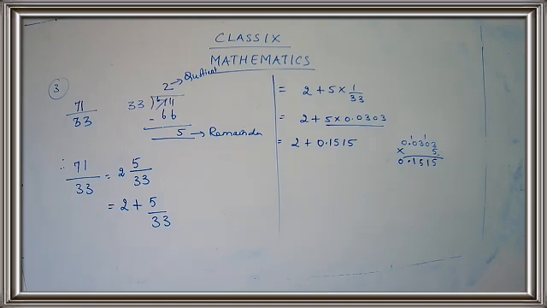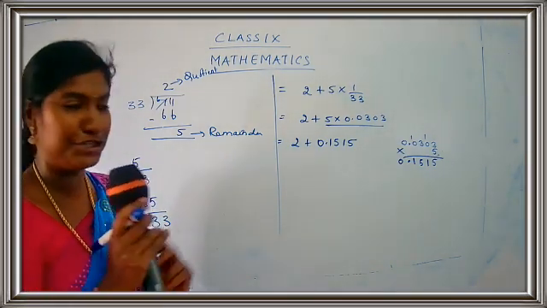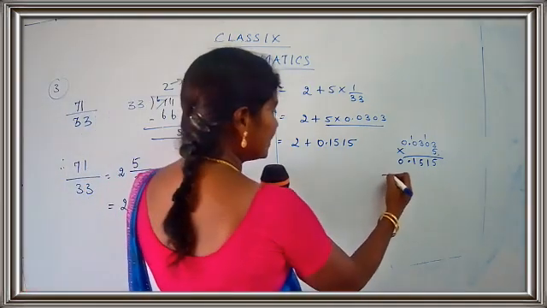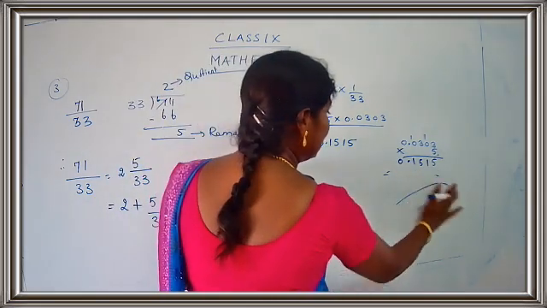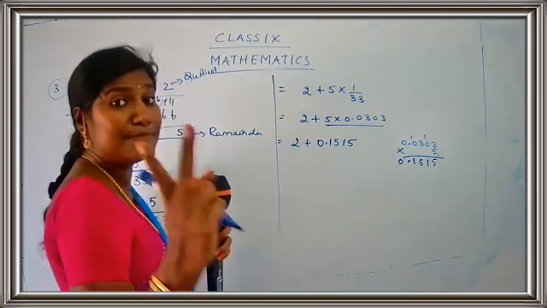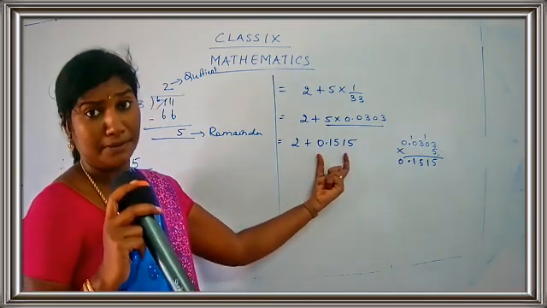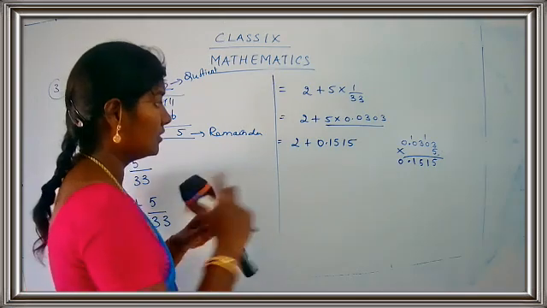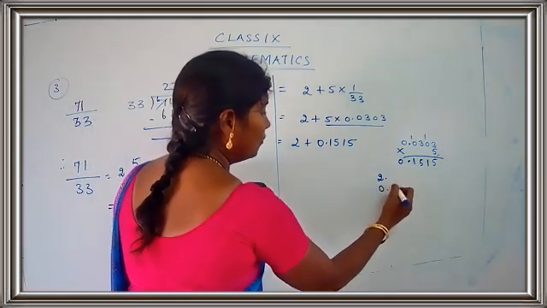So now the next thing is you are just going to add these two numbers. And be careful, children, you are going to add it properly. Do not just write 2. Some people will put here 2 and complete the sum. That is totally wrong. See here, this is a number 2 and this is a decimal number. One is just a number, and one is a decimal number. So how to add this? This is 2 and this is 0.1515.